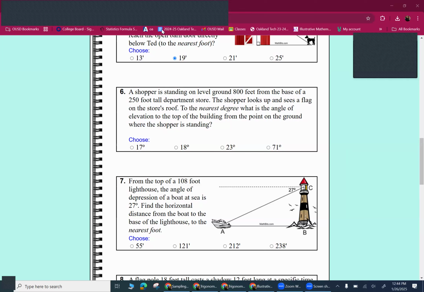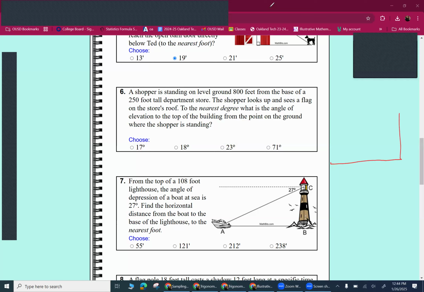Okay, last one I'm going to do because I'm probably going a little long here. A shopper is standing on the ground level, 800 feet from the base of a 200-foot tall department store. So first of all, no picture, but I'm like, yeah, we're doing right triangles. This sounds like a right triangle. I'm going to draw a right triangle. Okay, so like this,